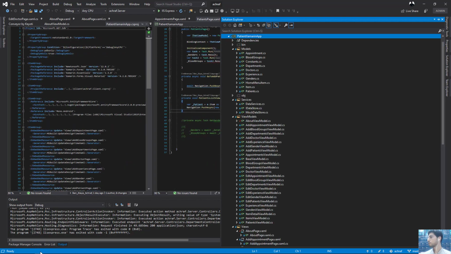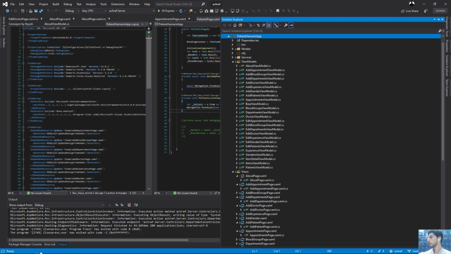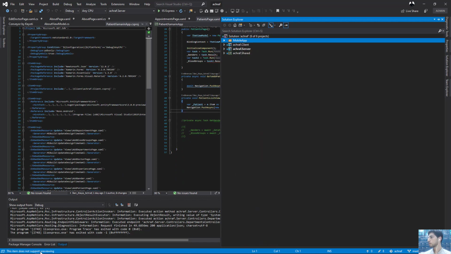So let me open this, and so like that. So here we have our models, the same models that we have on our server project: appointment, blood group, department, doctors, and I have made a constant model where I